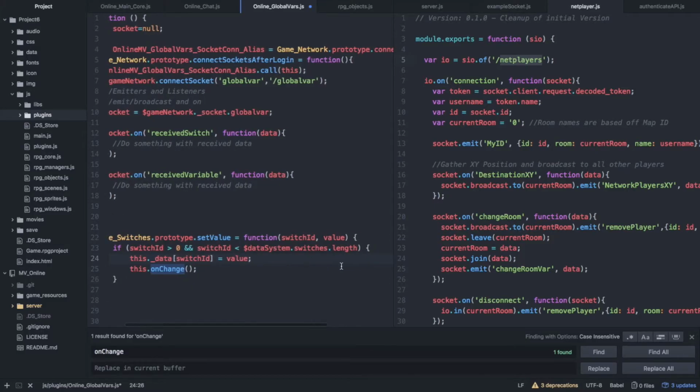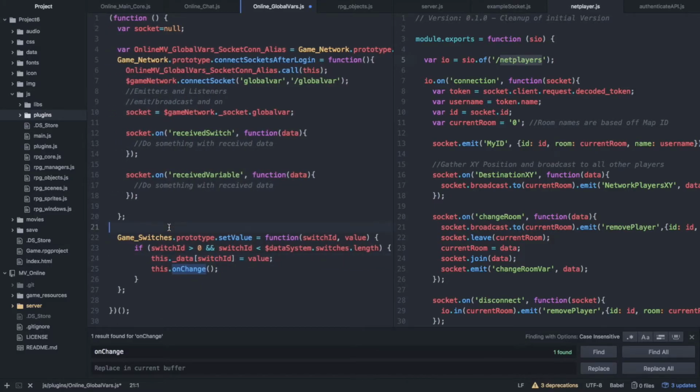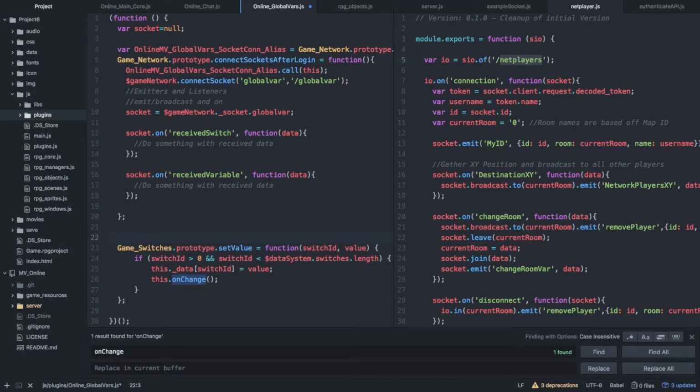And actually, the best way to do this is to alias it. Whenever you could use an alias, it's just generally good practice to do it that way. It's more compatible with everyone else's plugins in general. So it's just good practice, so we're gonna do it in this situation because we can. So we're gonna do var, let's call this global switch set val